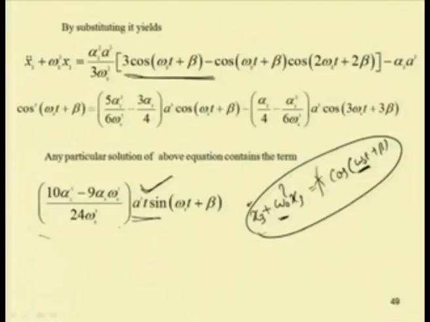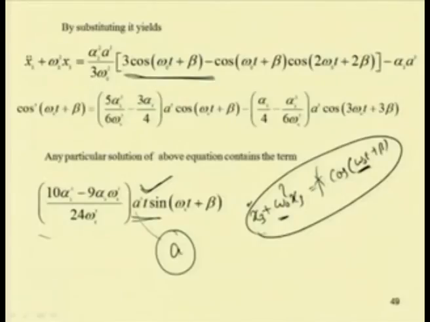This is due to the fact that the amplitude response we have considered, that is A, we have not considered to be a function of the frequency. A is not varying with frequency, so the expansion method we did is not correct. So, Lindstedt modified this method by taking a frequency dependent amplitude term, and next class we will study that method, the Lindstedt-Poincare method, for finding the response of the nonlinear equation.